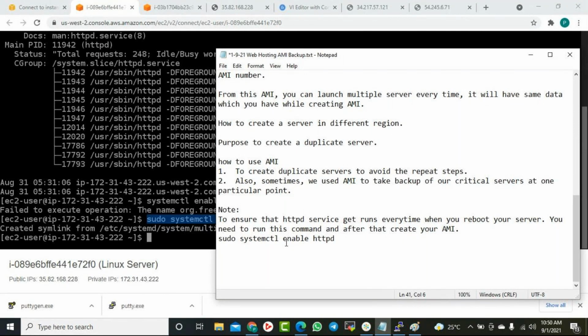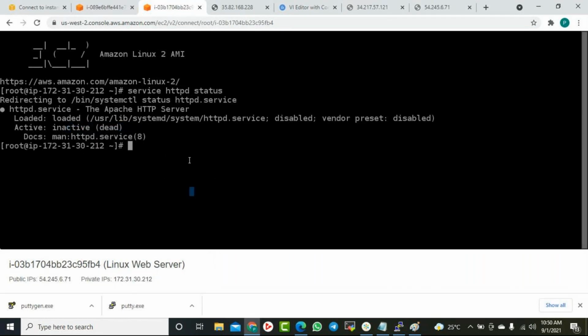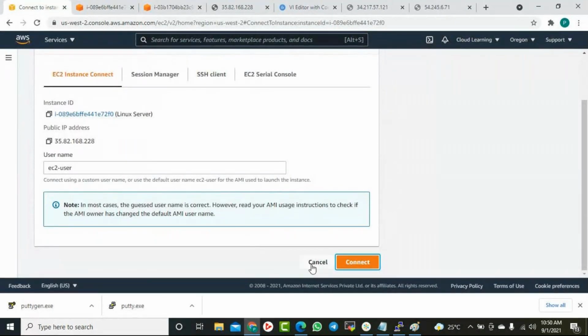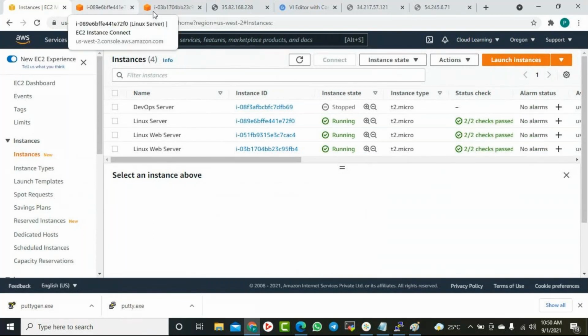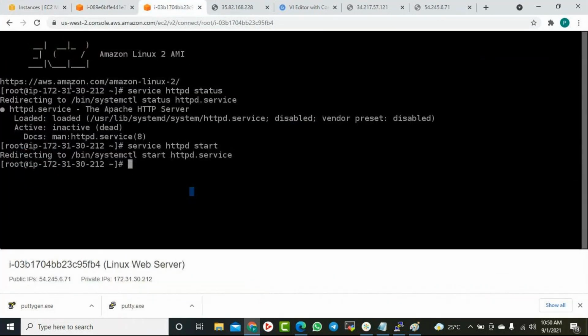Now, because I haven't done that, what do I have to do? I need to start that service. What is the command to start a service? Service httpd start. Very straightforward. Then go to the other server, it is 30.212.